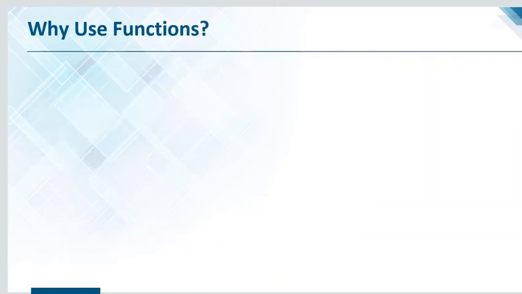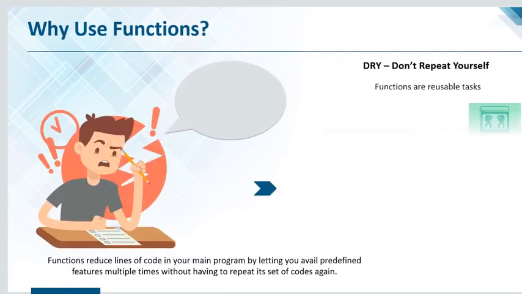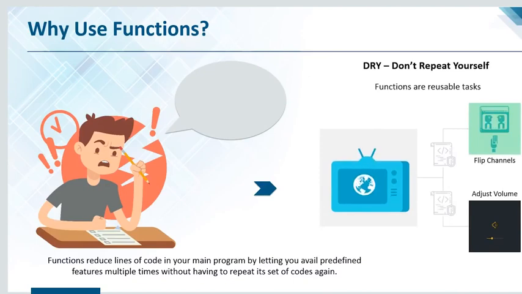Well, just before that, let me give you another instance. We have something called DRY. Well, DRY is don't repeat yourself. In the sense, when you're writing your own functions or any methods, make sure that the reusability of it is really high. Functions not only reduce the code in your main program, but they also tend to make your code run faster and better. So what does this do? This increases the readability of your code and makes it very easy for debugging and documentation as well.